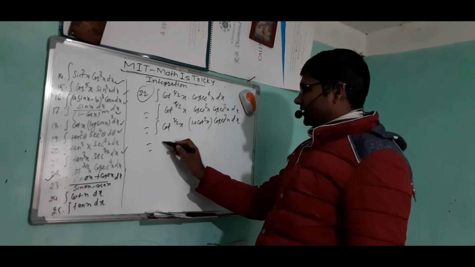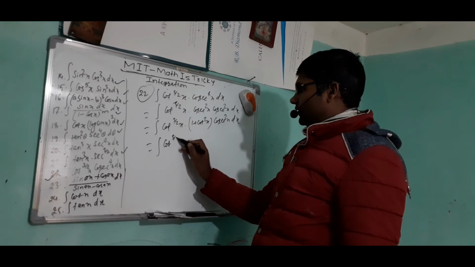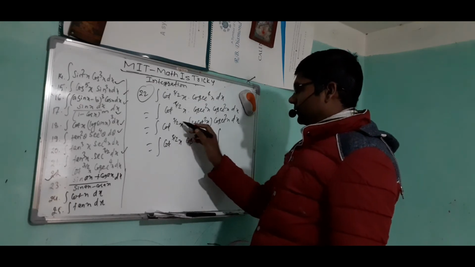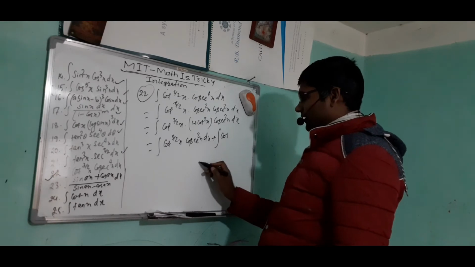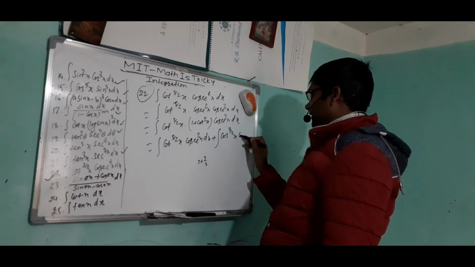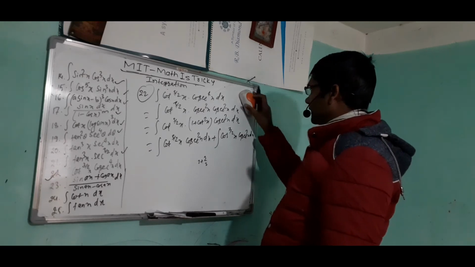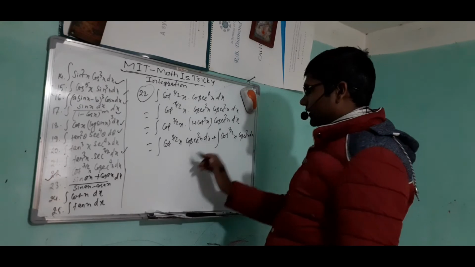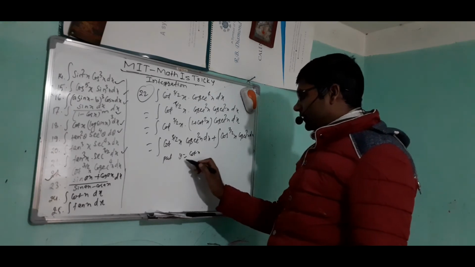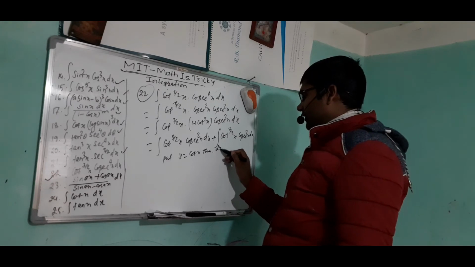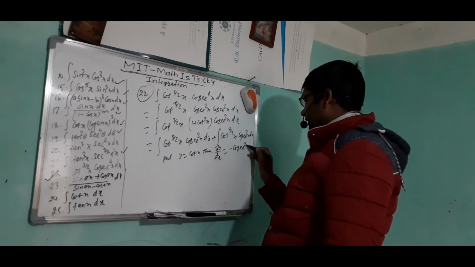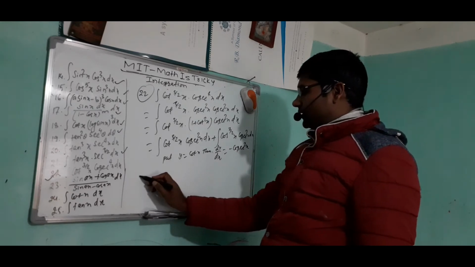So now just by multiplication we'll be getting cot^(3/2) x cosec² x dx plus, 4 plus 3 is 7, cot^(7/2) x cosec² x dx. Now if we substitute, let's say put cot x equals y, then dy by dx equals how much? The derivative of cot x is cosec² x, so by substitution we get here